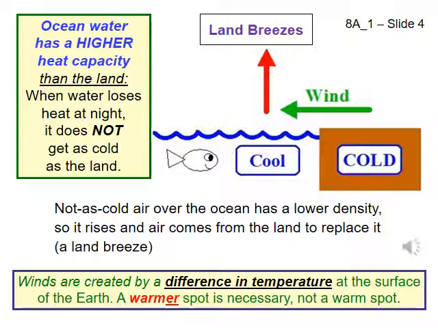Technically, it is not warm air that rises. The lowest density air at the surface of the Earth rises. In other words, it is the warmer air that rises. Of course, this assumes that the only difference between the air in the two places is the temperature of the air.